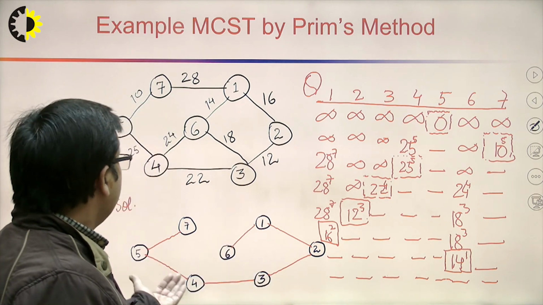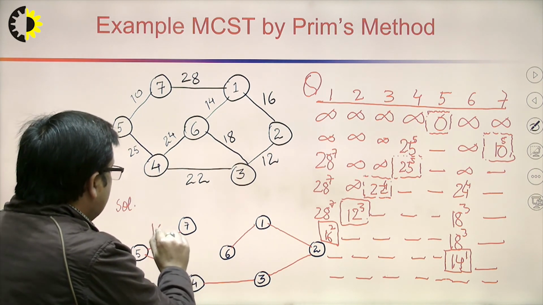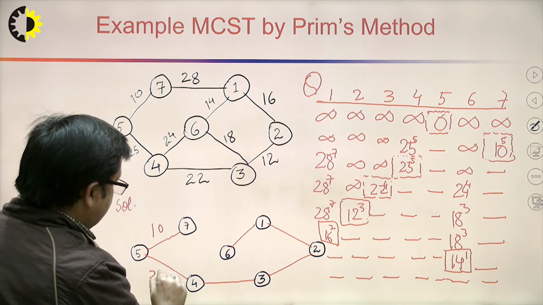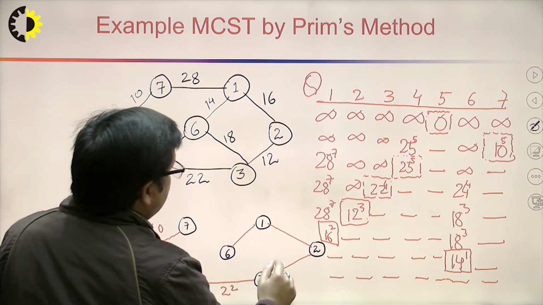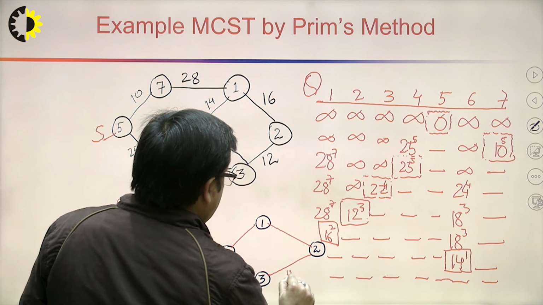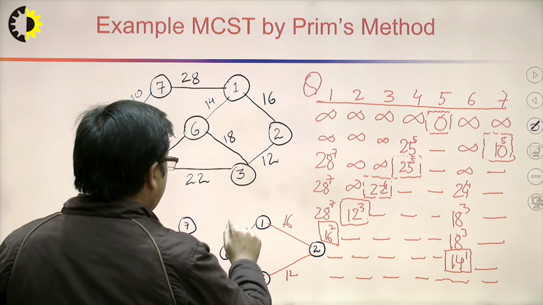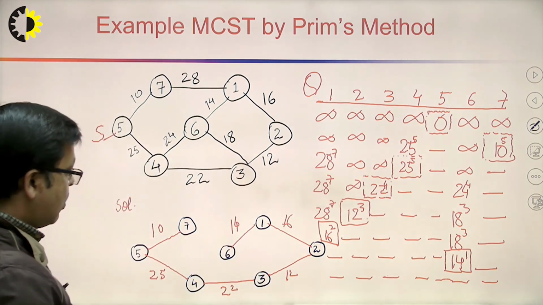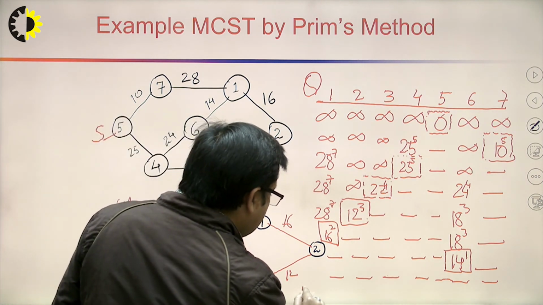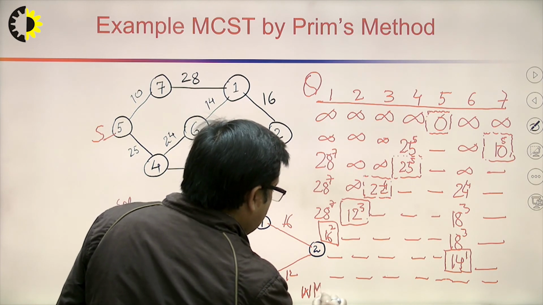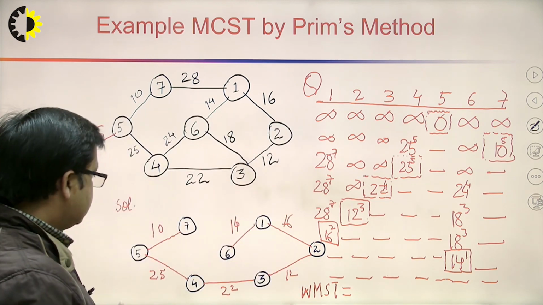This is the minimum cost spanning tree. We can calculate the weight of the spanning tree by summing the weight of the edges: 25, 22, and this edge 3 to 2 is 12, 16, and 1 to 6 has the weight 14. So, the weight of the minimum spanning tree is equal to the sum of all the weights: